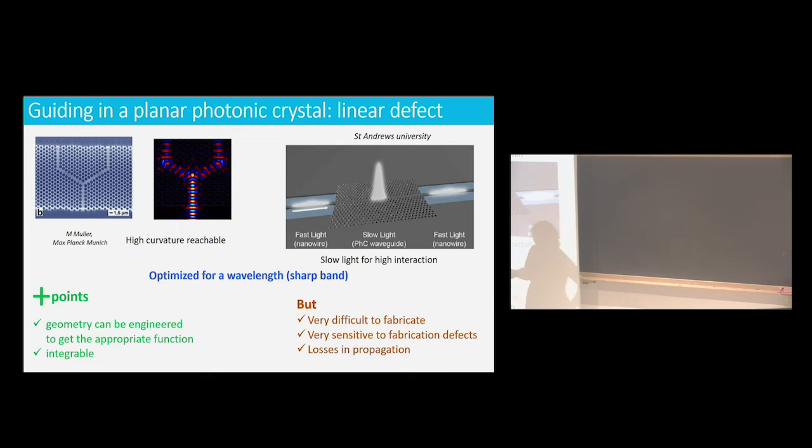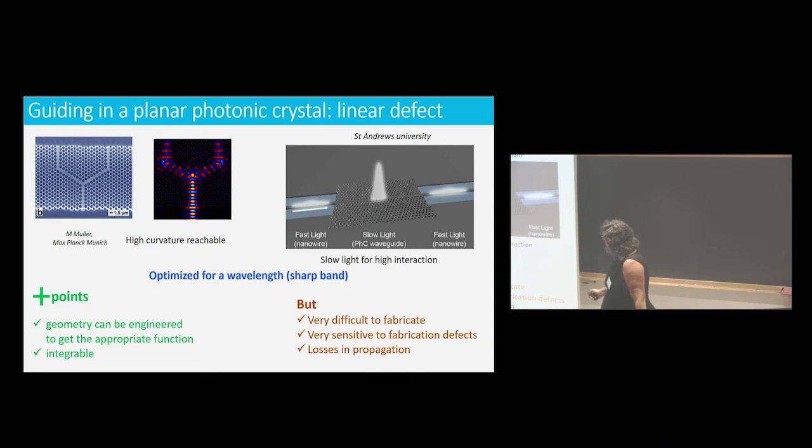Here, you can use photonic crystals in order to do guiding. It's quite simple. You choose a wavelength which is within the photonic band gap, so it cannot propagate inside the photonic crystal. And you create a defect, so that means no photonic crystal here. When you send the frequency which is within the band gap, it will not be able to propagate here, but it can propagate here. So you can create a waveguide inside your photonic crystal with very high curvature in a very small distance. So it can be very interesting.